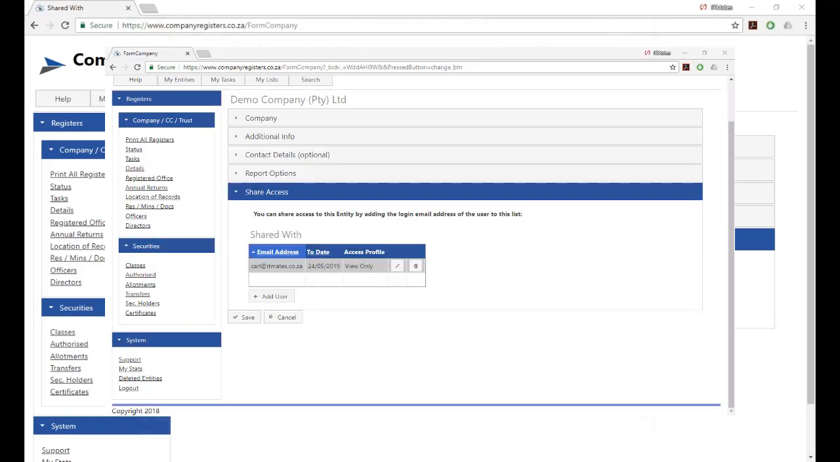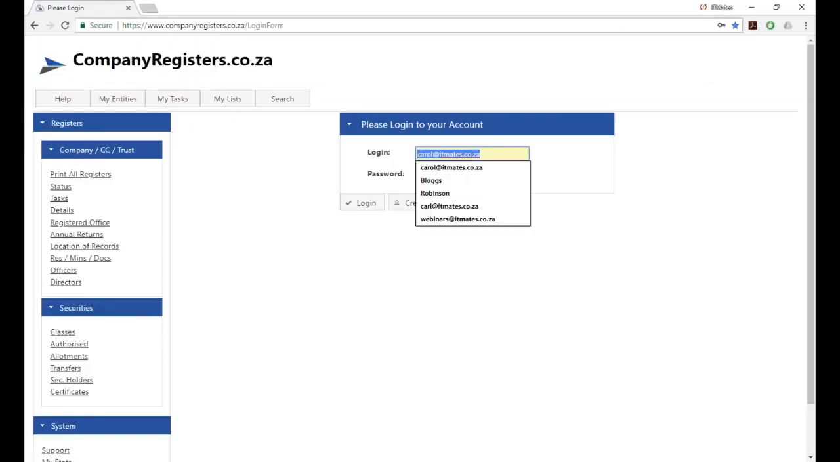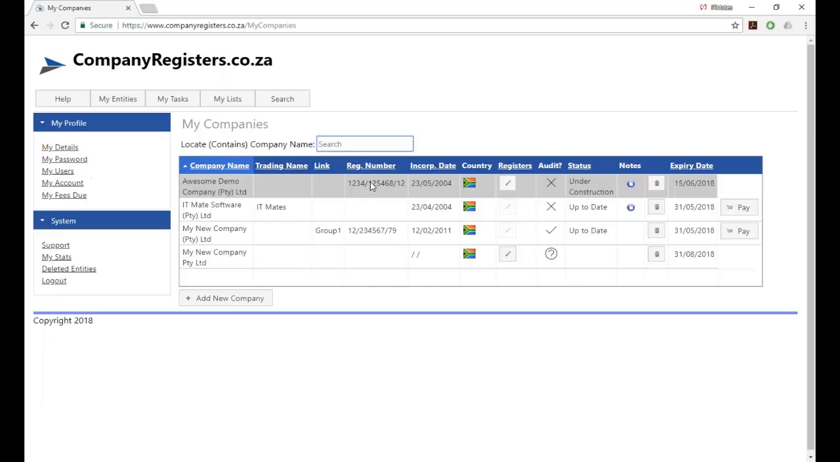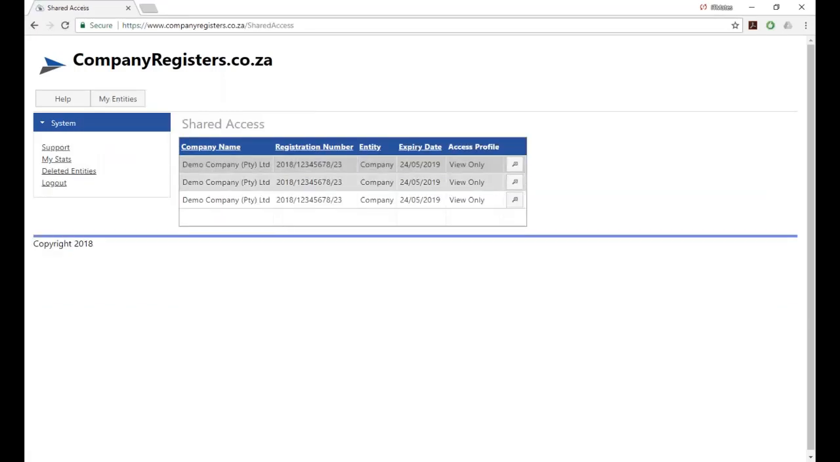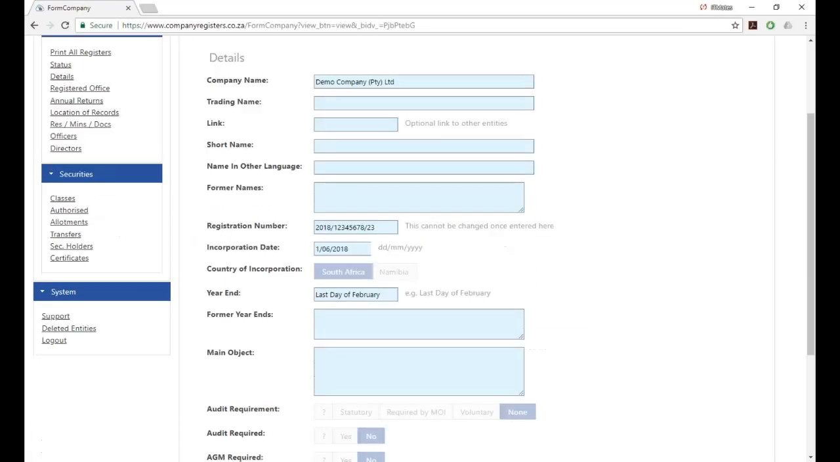Okay, I'm going to try and log in now and see if I've got access to that. So I'm going to log in as Carl. All right, the way that I have a look at companies that have had shared access to me is I go to my entities and I go to my shared access, it all looks like the same company. Now the way that I get to look at it is I click on the little magnifying glass and it tells me the company name. I'm going to get view only access and I click on view company,